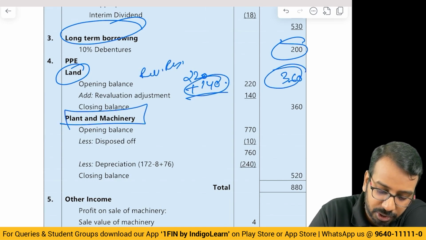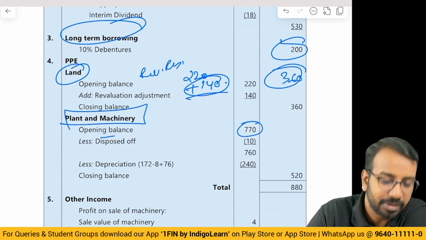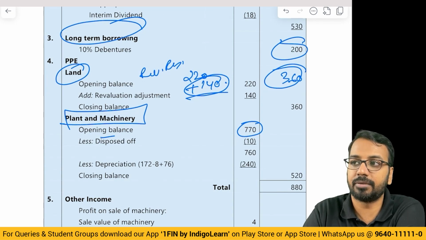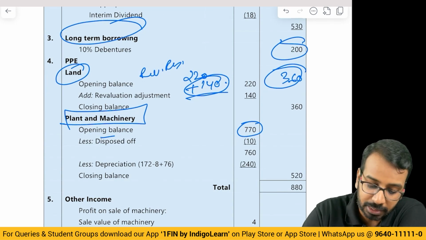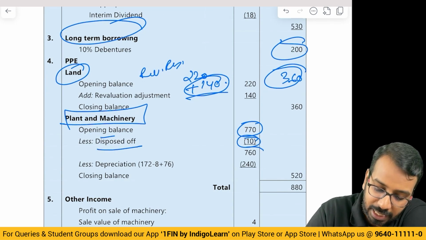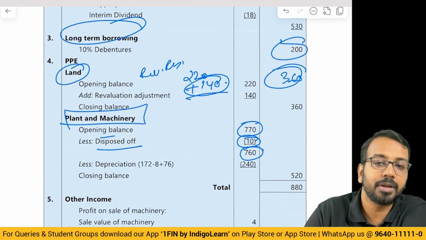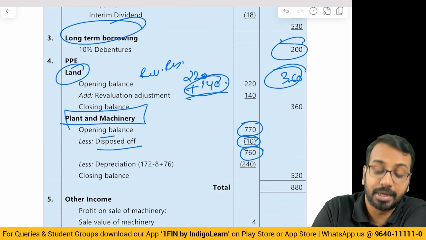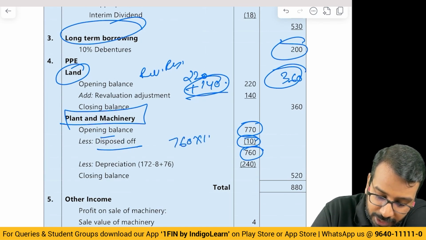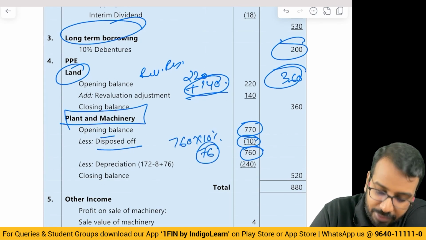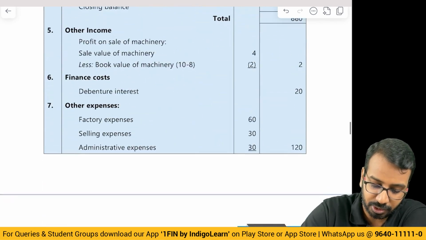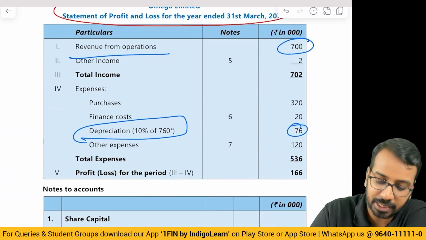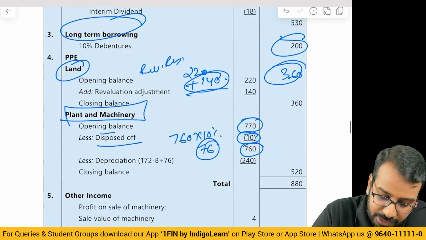And plant and machinery, opening gross block was 770. That is given in the question. Opening gross block was 770. Then we sold 10. So we are left with 760. We are left with 760. And depreciation has to be provided at 10%. So 760 into 10%, depreciation is 76. This depreciation, please remember, you will have to plot it here, 76, and it has to be adjusted in the